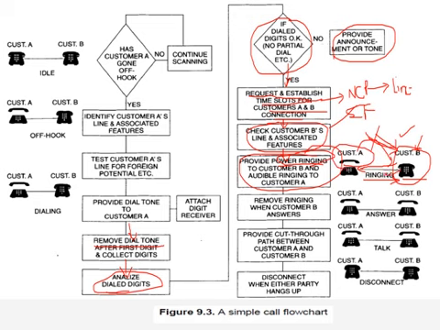So, along with providing power ringing to the telephone of customer B, we should also give a tone to customer A, indicating that the phone of customer B is ringing. Now, we wait for customer B to answer. Once customer B lifts the phone, that is, he goes off hook, it indicates that the call has been established. Once he goes off hook, we have to remove the tones we had specified: the ringing tone to customer A, and the power ringing to customer B. We have to remove those.